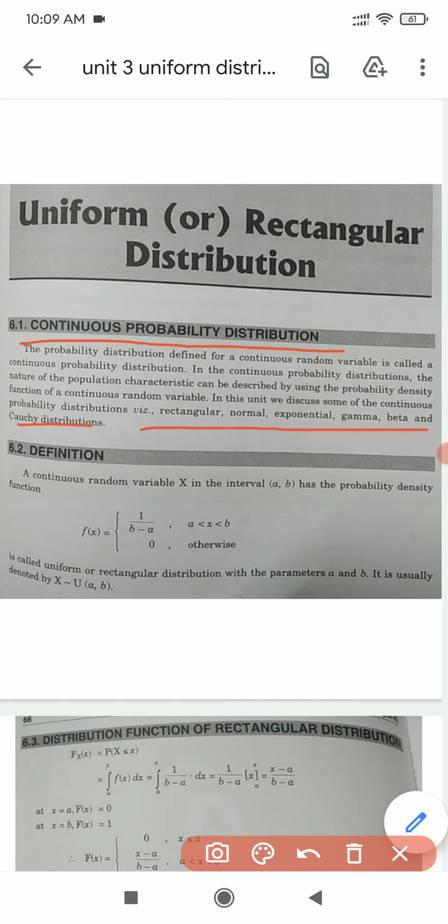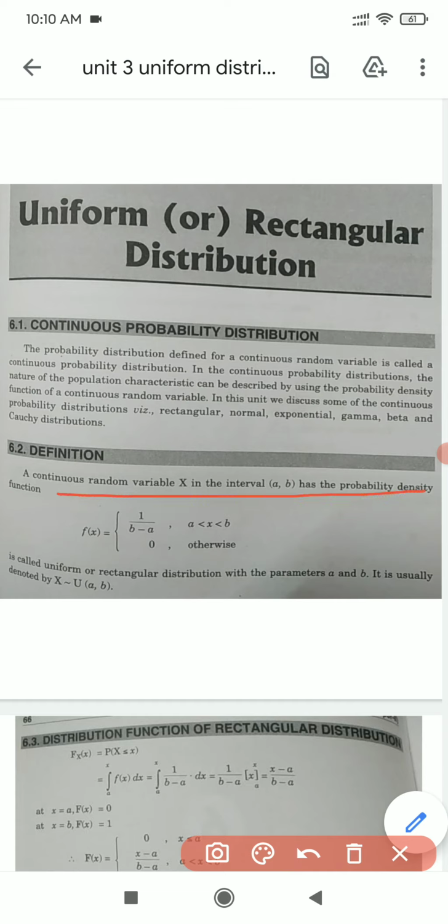And you might be remembering, students, when we used to calculate a discrete distribution, we used to have summation with it and we used to have p of x, right? Now if it is a continuous distribution, students, it will be an integral and we will be having f of x. Remember this, students.